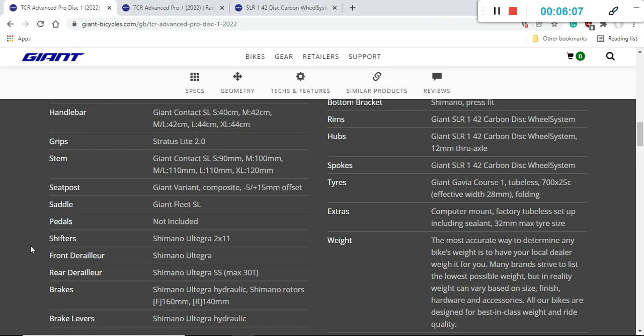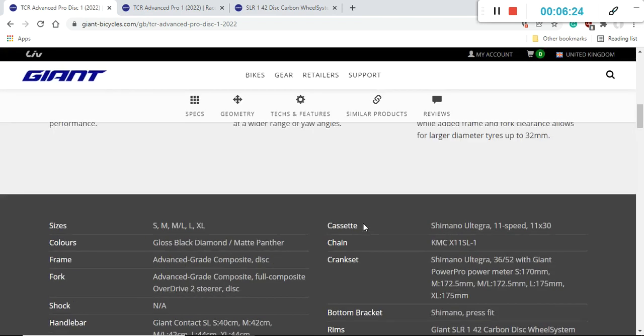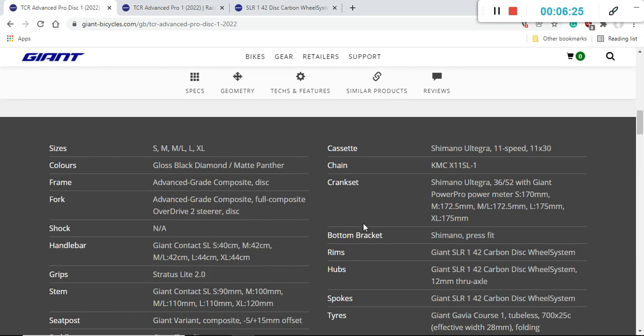They should have used 160mm braking rotors at the back just because of better heat dissipation and better braking power. So this would be the first thing in the future that I would replace on this bike, to put a 160mm Ultegra braking rotors. When it comes to the cassette and the crankset, you are getting Shimano's Ultegra cassette, 11-speed